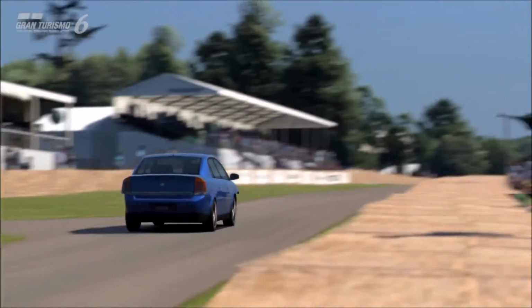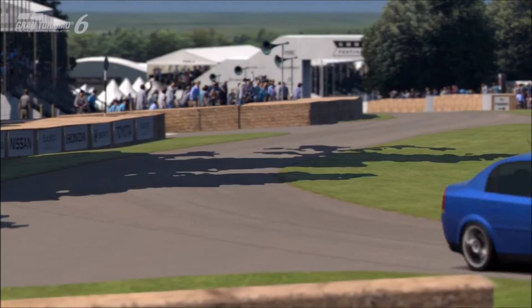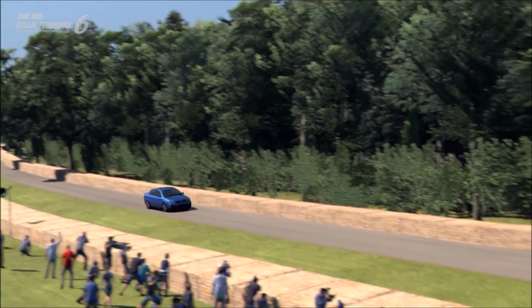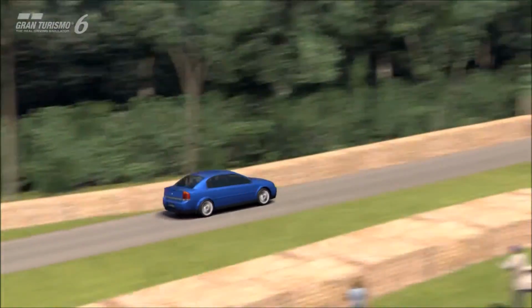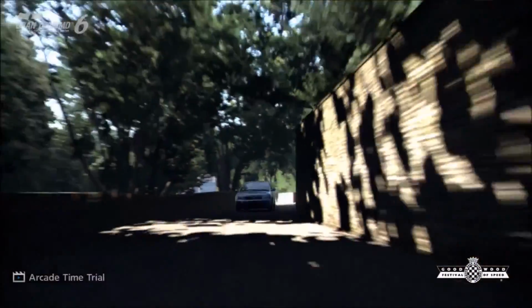If, however, you like the car and you want a representation of the VXR version, then it is definitely fun to drive. The 280 horsepower at 450 PP means that it's actually pretty competitive as well, and the handling for a car of its size is excellent. So, if you decide to use this replica build, obviously I hope you find it fun and potentially competitive,